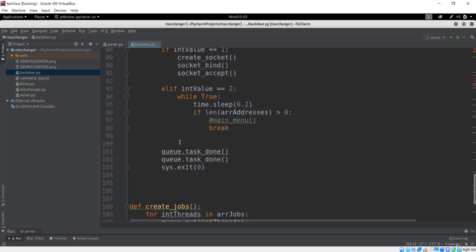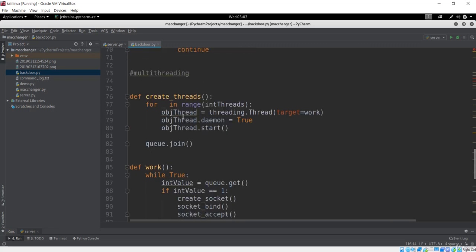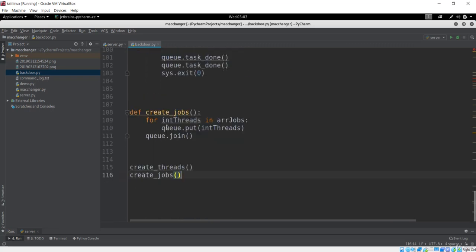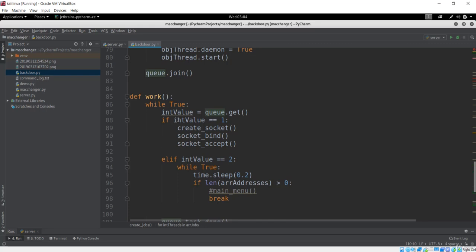What we just did here was make this work method be called with this thread, and each time we have to make use of this queue to do that. This is all about the multi-threading. We saw how we can use the simultaneous time-sharing technique of a processor in order to do multiple tasks. So this will be a wrap for this lecture.